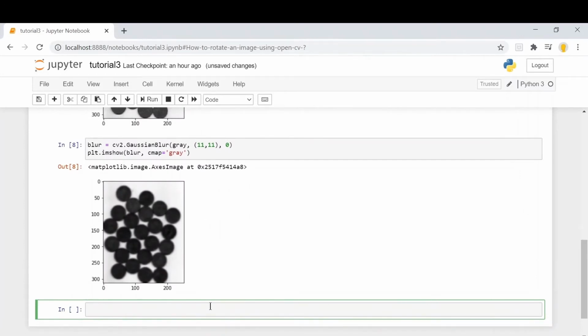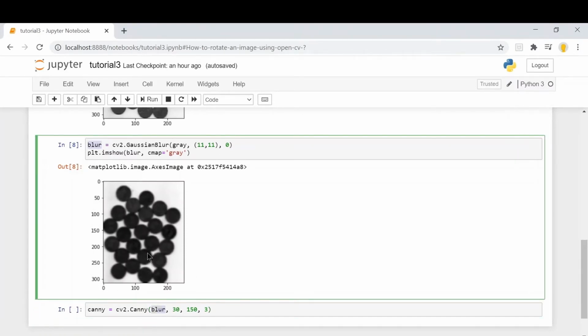Now we'll be using the Canny edge detector algorithm for detecting the edges. Here the first parameter is our input image, which is this one.